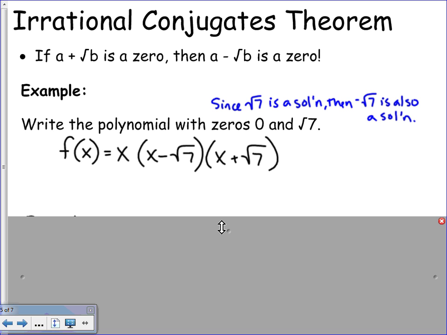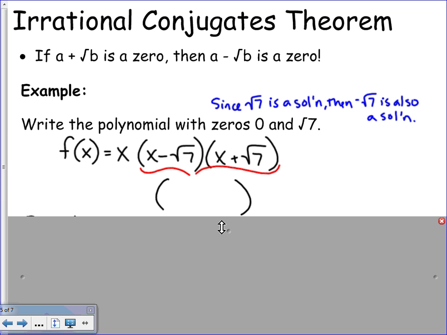And then I want you to think about how those last two factors, x minus the square root of 7 and x plus the square root of 7, how the structure of those two factors is so similar to x plus 3, x minus 3. They're exactly the same except one is plus and one is minus. So what's going to happen to your outside and your inside terms? They're going to cancel out again. Okay? So when I FOIL this out, and I'm going to do a little bit of mental math again,